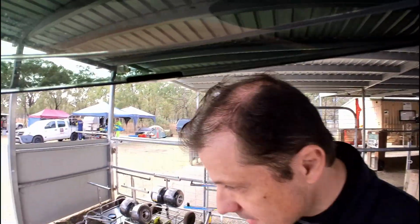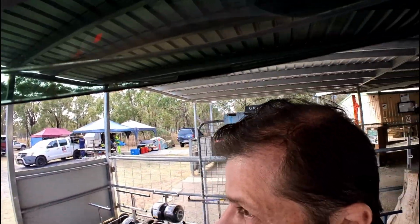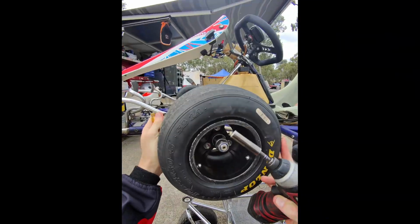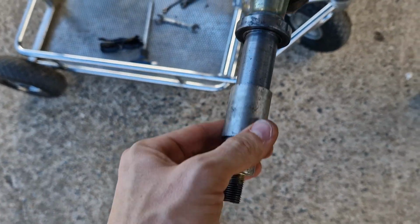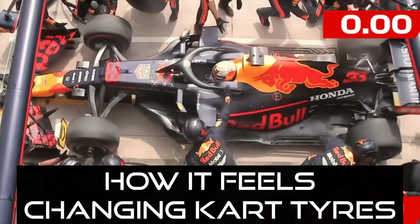So I go into the pits and have a look at the time boards and have a quick chat with Ricardo just to see what's going on. Ricardo is quite impressed with the times, but before he goes back onto the track, we do a couple of minor changes to the front end of the kart. We change the casters, we change a couple of things here and there, so the driving can be more suited